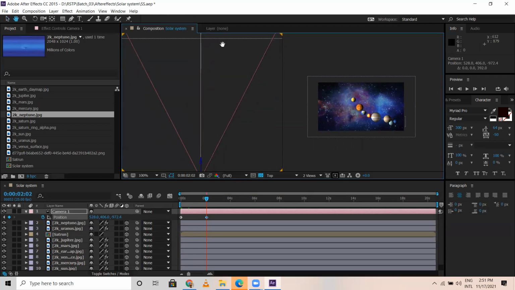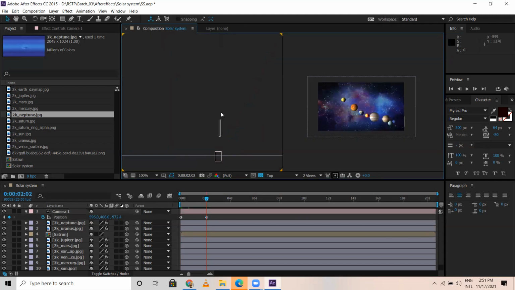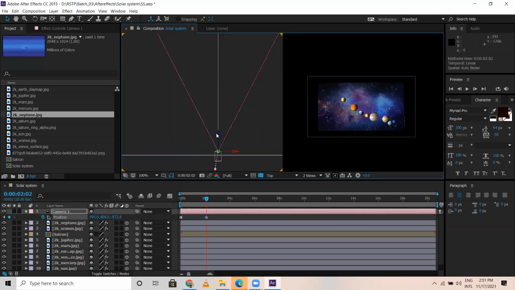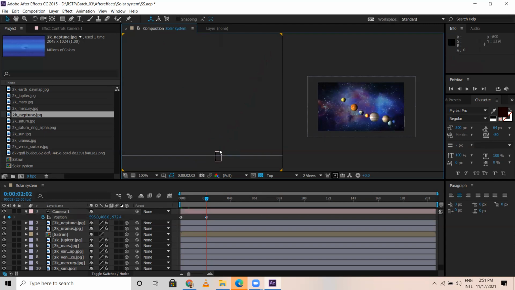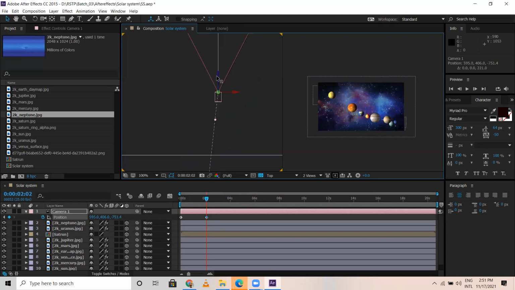You need to select any one of the pivot, then you start moving. Select this, then you start moving. Click this axis, then you start moving. For 2 seconds, it's like this.